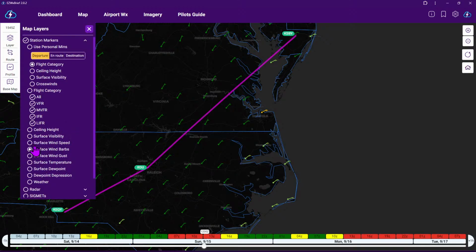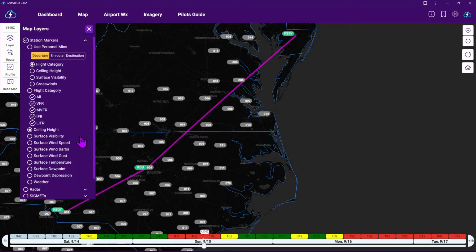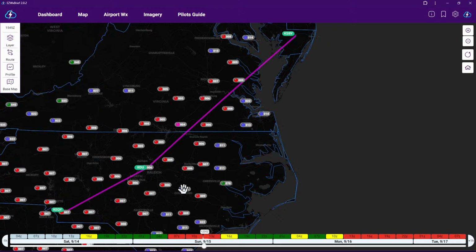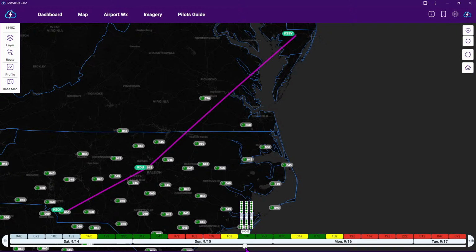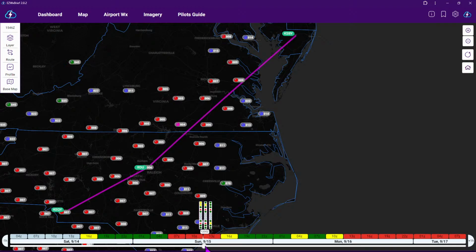But if I look at the surface ceiling height, for instance, here, again, all the ceilings are in that IFR flight category in the morning hours, and eventually as we get into the afternoon hours, they tend to mix out and become more broken or scattered, and eventually go into more of a VFR type category in terms of ceiling height. We go back to 12Z, we're going to see this situation again become such that we are looking at